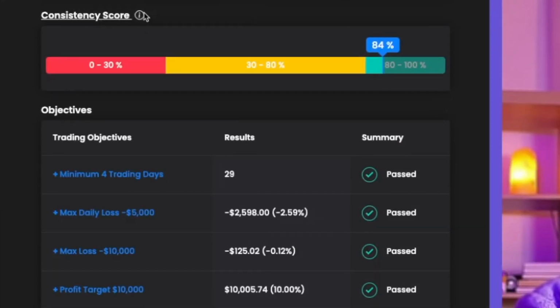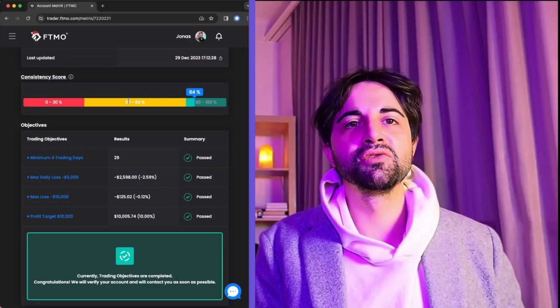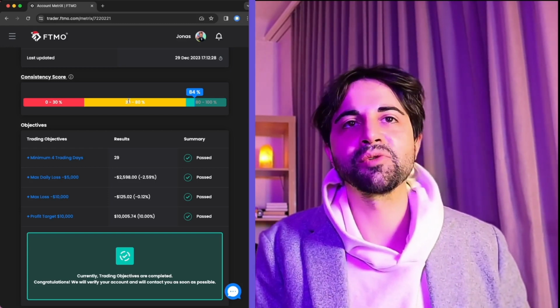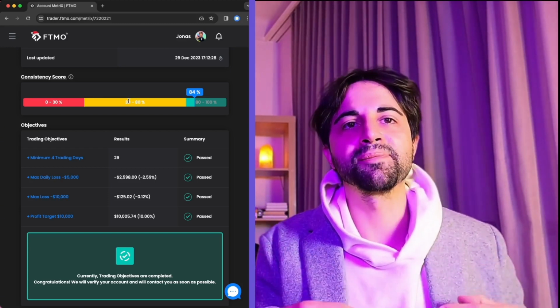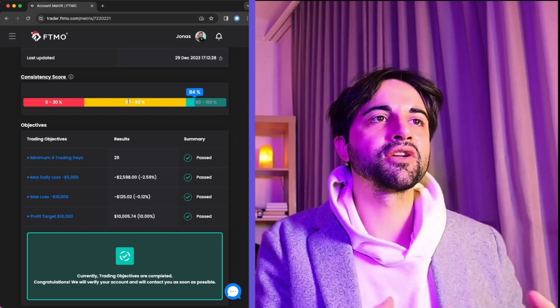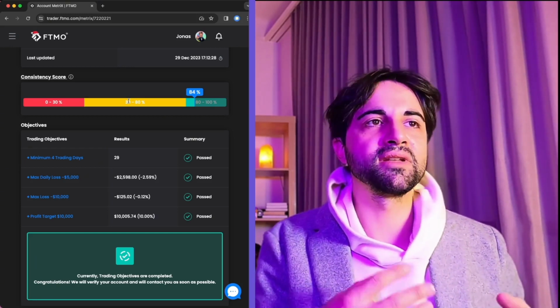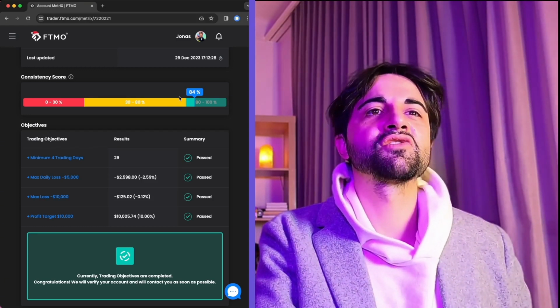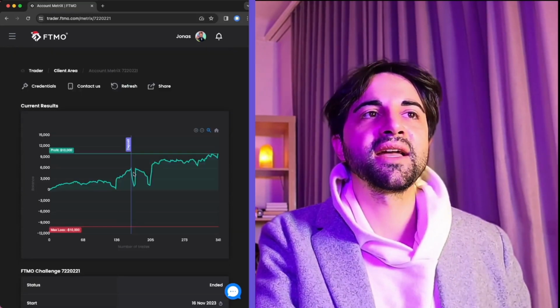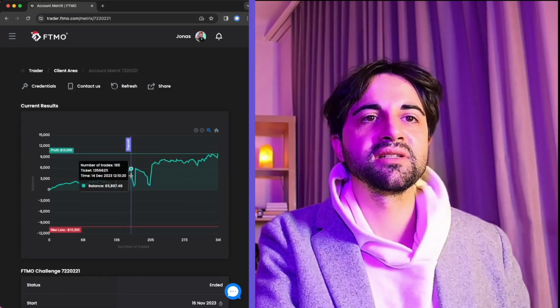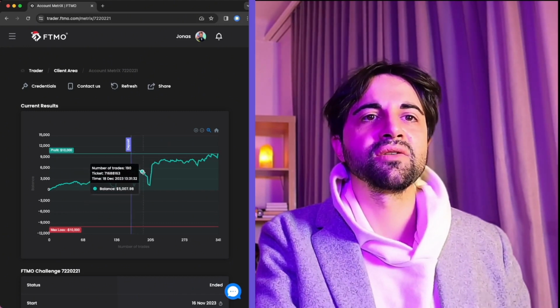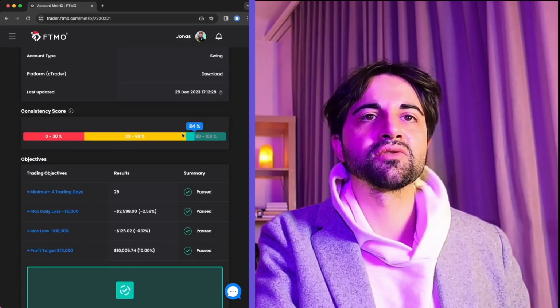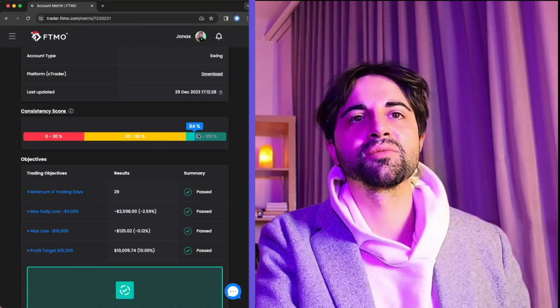So I'm proud of the consistency score. This one is in the 80 to 100% area, so this is very nice. The consistency score shows you basically that you always have kind of the same consistent loss or the same consistent win in the same kind of amount. So you don't have very crazy big losses or crazy big wins. You always are stable and consistent, and this is what you actually want to do. For me, my consistency score was very good the whole time, except for when this stuff happened. Of course, here, this kind of gambling stuff in this one day or these 2 days. This is when it also dropped, but eventually I recorded some good trades again and got it back